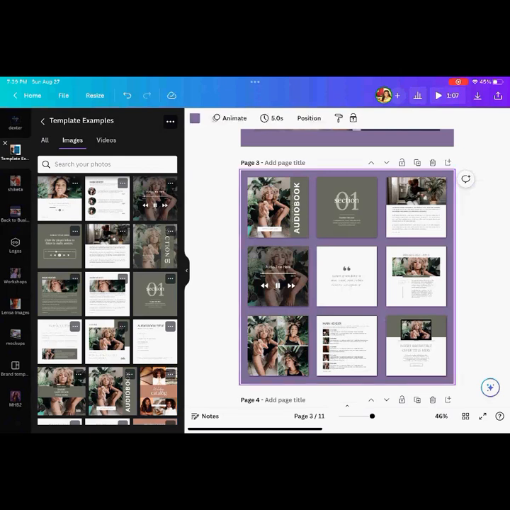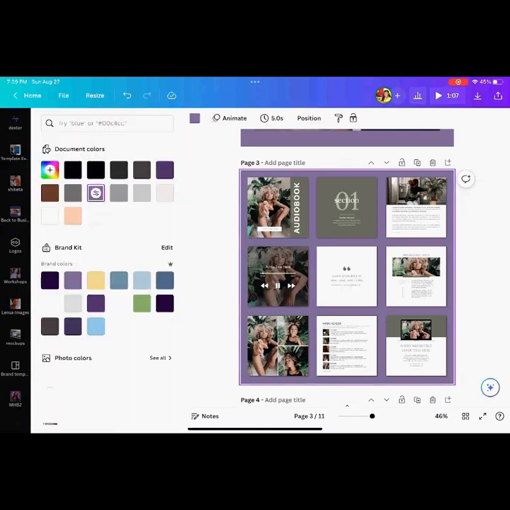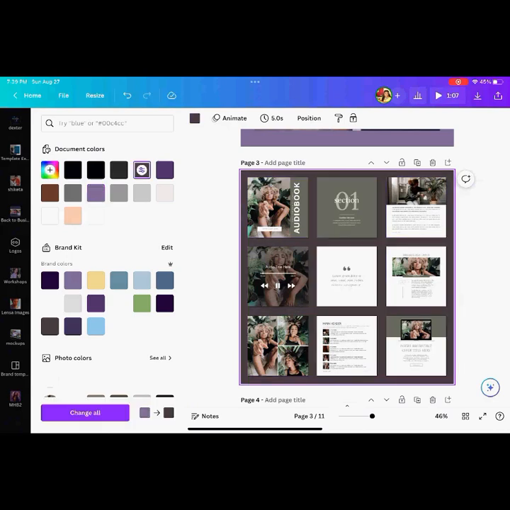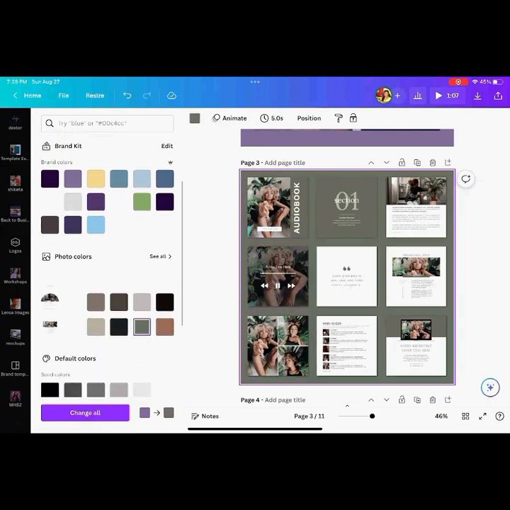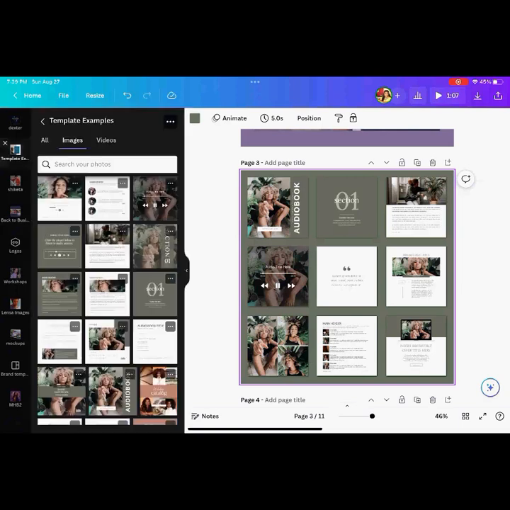Depending upon what pages you've included in your ebook, something like this is a good preview for that. Now, I've used a purple background in here, but I'm a matchy-matchy. My hubby's always like, you match so much. Everything has to match. I'm a matchy-matchy kind of a girl. So I might just come in here and adjust the background. But you see, it didn't really take much for me.